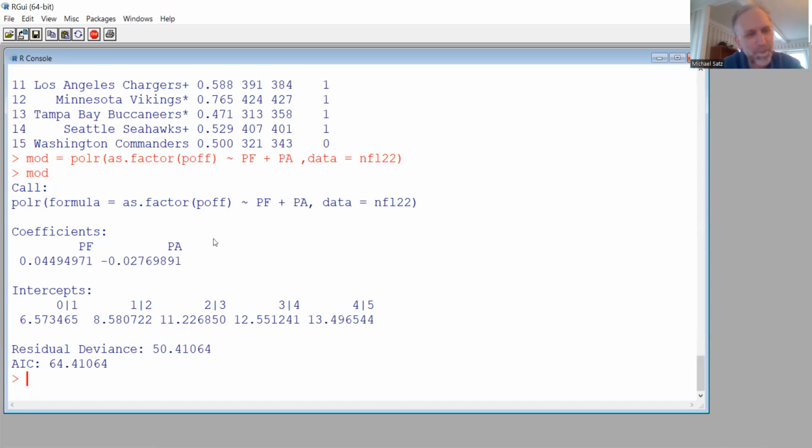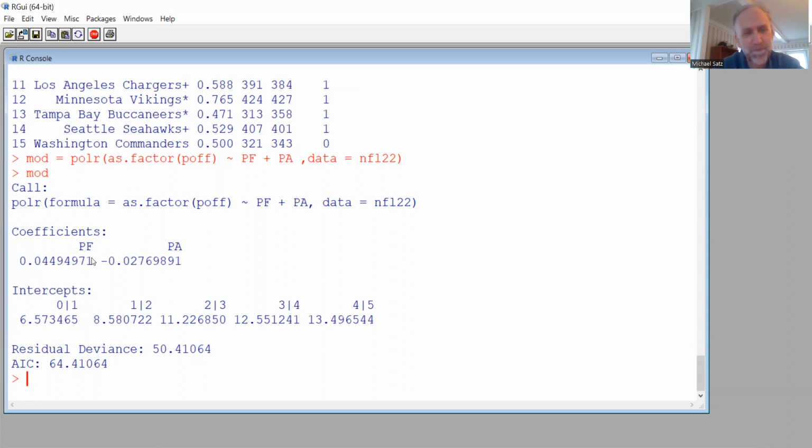So it's a little more complicated, but basically it says multiply offensive points by this, multiply defensive points by this. That makes sense that it's negative, right? Because fewer defensive points are good. They contribute to winning. So that will make it positive when I add these two together.